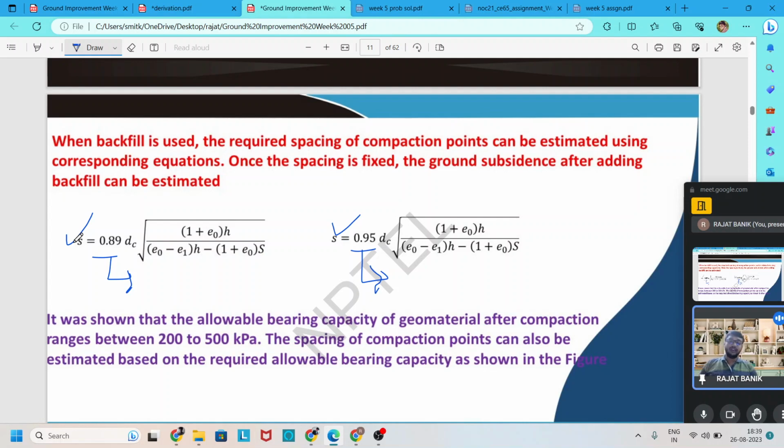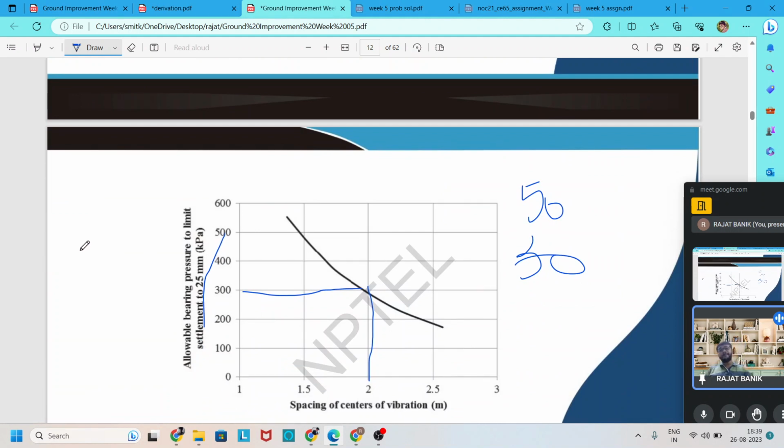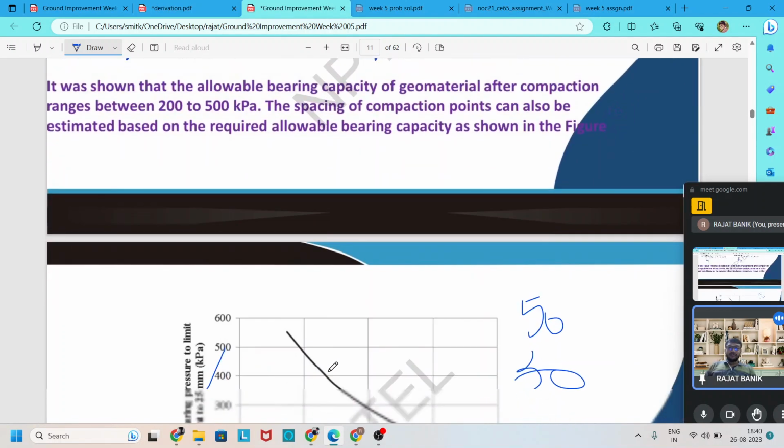We can also see in the previous starting session that for the square pattern and triangular pattern, some influence areas are created, and based on that, our spacing is derived. Another one is based on the bearing capacity formula. If the chart is available for bearing capacity and we need to improve our soil based on the bearing capacity, then this chart is applied. So like that we